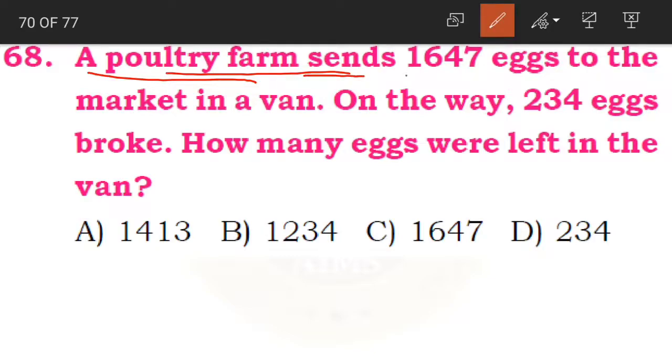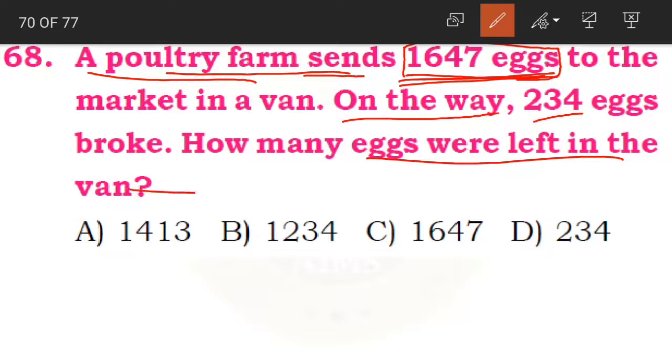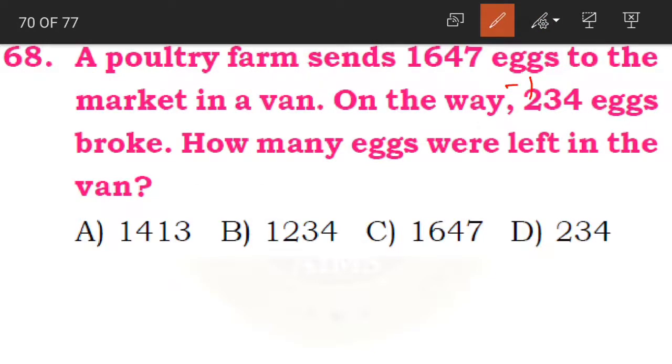Then from there, what do they do daily? They send 1,647 eggs. Now while going, 234 eggs broke. Now how many eggs were left in the van? How to find out? Yes, very good. We need to subtract 1,647 minus